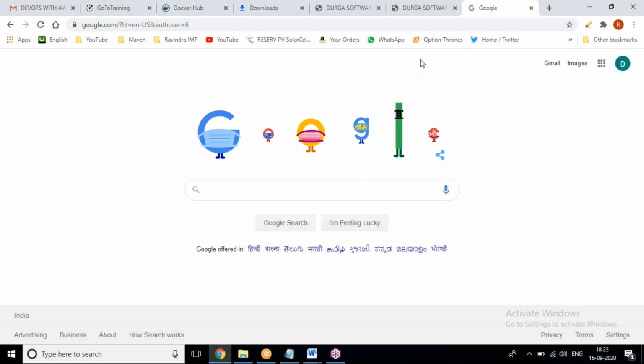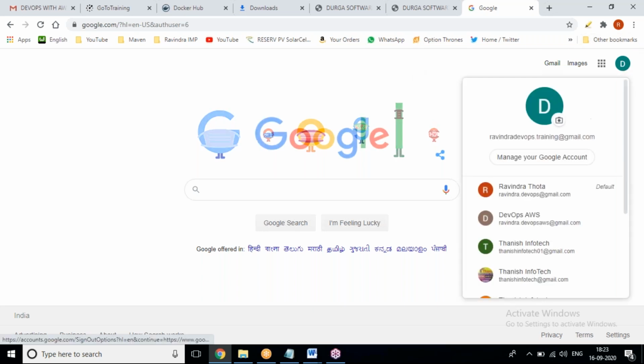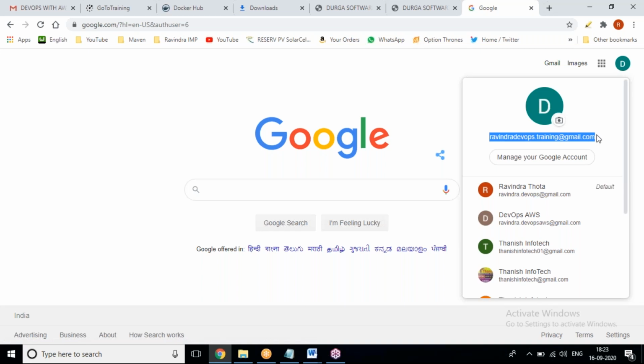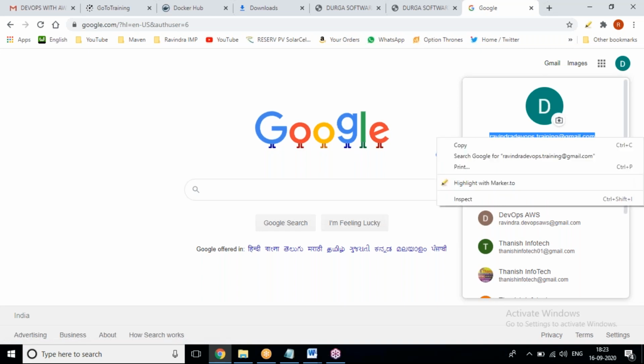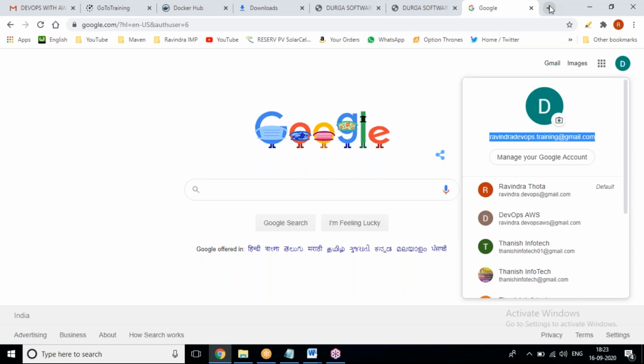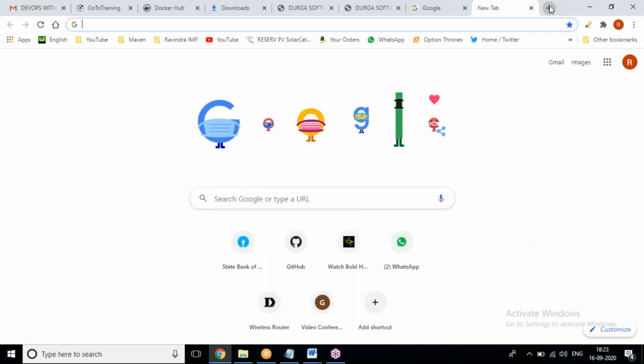That reason I'm choosing a new one. Now copy this one. If you haven't created your GitHub account, you can use your existing mail ID. Now try to follow me.